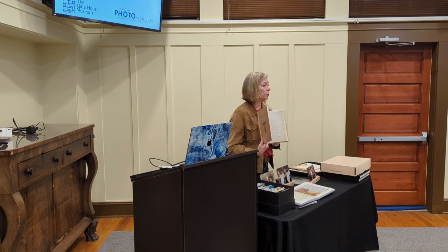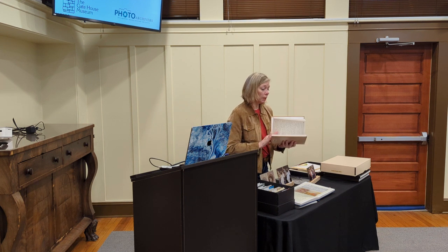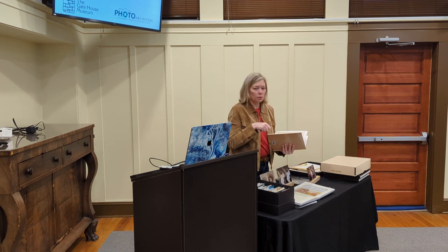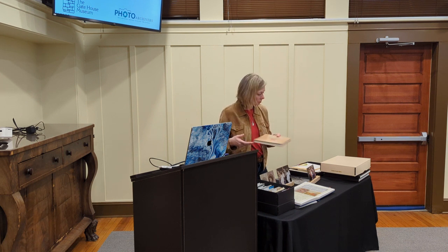journal from a prisoner of war. And we digitized the pages because the book was falling apart, and the family was concerned that if they kept turning pages in it. I just want to say in here with the journals too, we find here at the